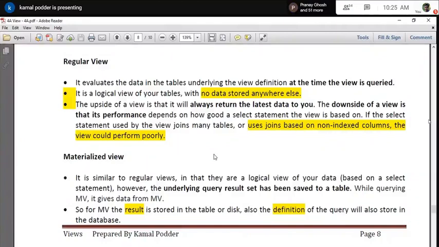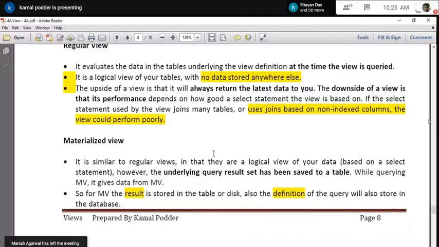In the case of a regular view, when you retrieve the data, both things happen. First it is converting, which you can call the compilation phase, and then it is accessing the data, both phases. And you know that creating the execution plan also takes some time. It's not that it does it quickly without consuming any time. So every time you run it, you are doing the execution plan creation and then doing the access.